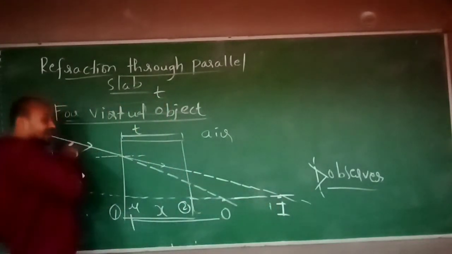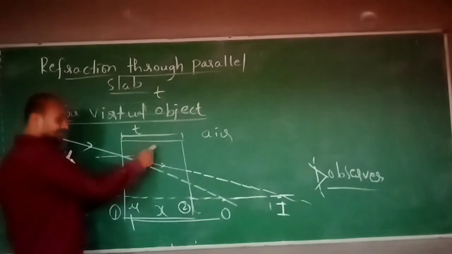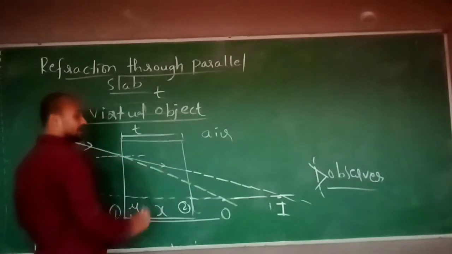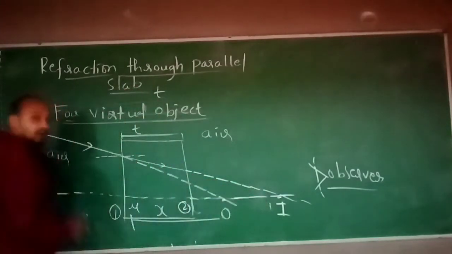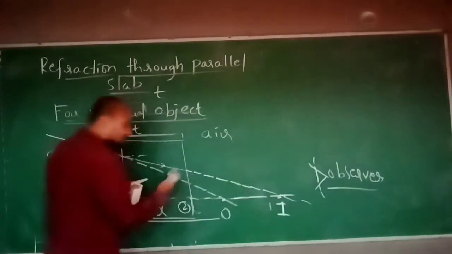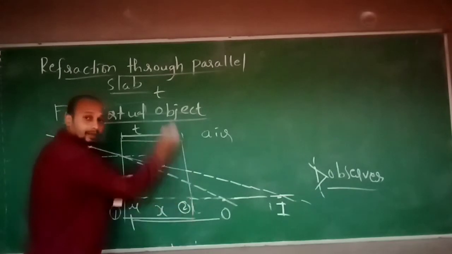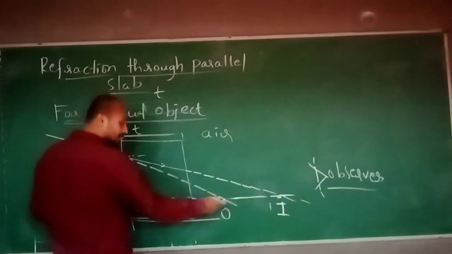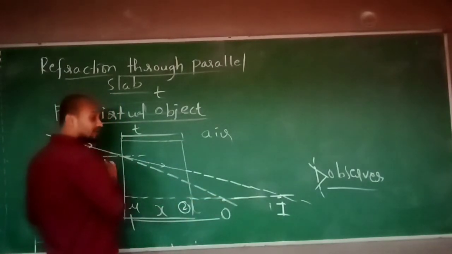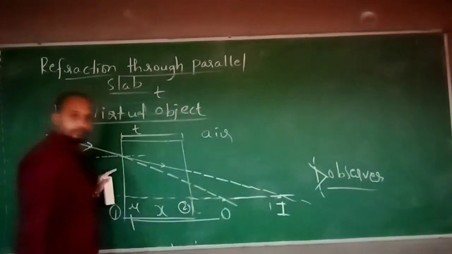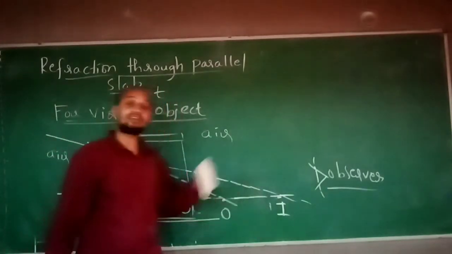This is a ray which is coming from rarer medium to denser medium. So this observer will be inside the denser medium. The object is in the rarer medium and the observer is in the denser medium. Now forget about the other surface too. I am only talking about refraction through this surface. The object was supposed to form here for him, but due to the refraction through the first surface, the image is forming here for the observer who is inside the denser medium.